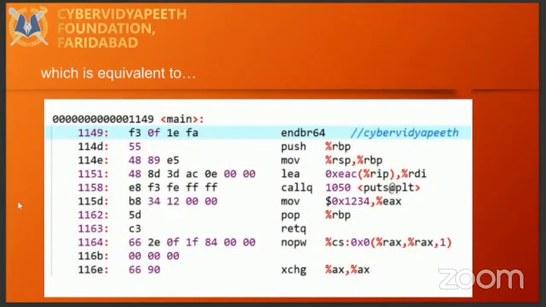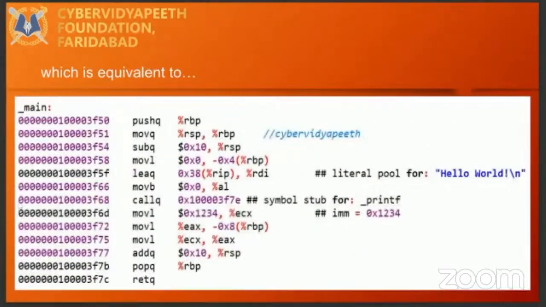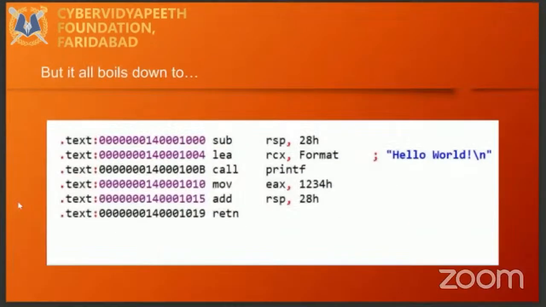This also is equivalent to this. These assembly instructions can also look like this. And finally, it all comes down to this. So these are actually the major instructions that are printing hello world to your screen when you make the C